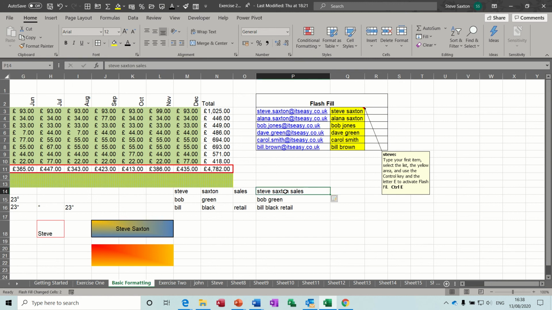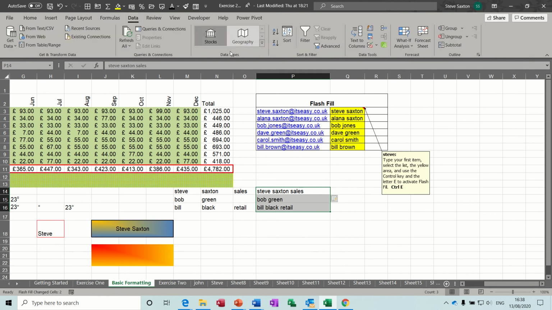Now if you want the reverse of this process, say you've got some information that's turned up in your spreadsheet that's all in one cell or all in one column like this, and you want to split that off into separate columns, you can do this. You select it, you go up to the Data tab, and then you're going to select this option, Text to Columns,